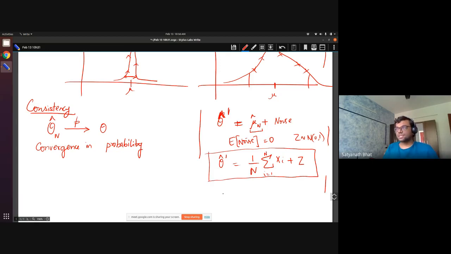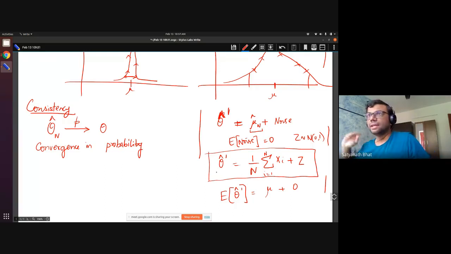Yes, it is unbiased, because if I take the expected value of theta hat prime, I get the calculation we have seen before. This is mu, and then the expected value of z is 0. So it's unbiased, but even if you take n larger and larger, it will always give you some noise. So this is not a desirable estimator. Hence what we need is that as n tends to infinity, we approach closer and closer to the actual theta. Is this point clear to people between consistency and unbiasedness?